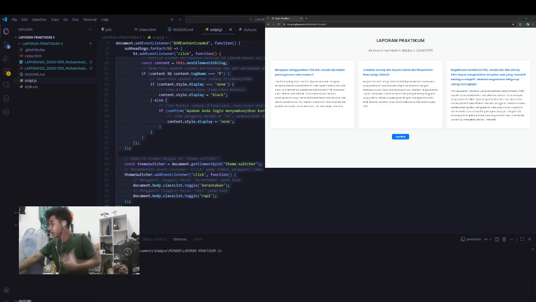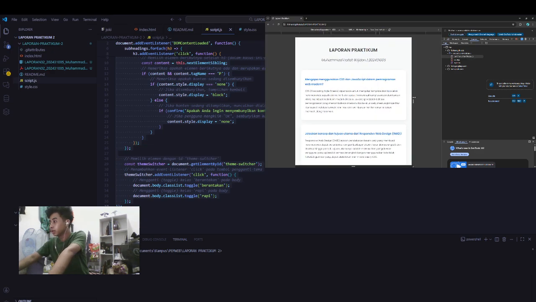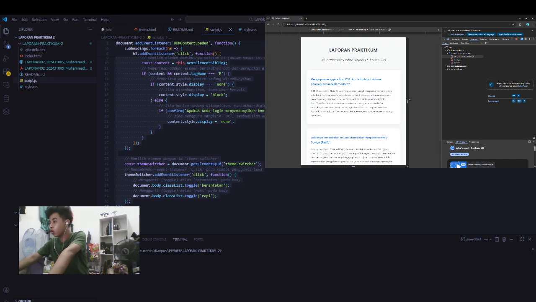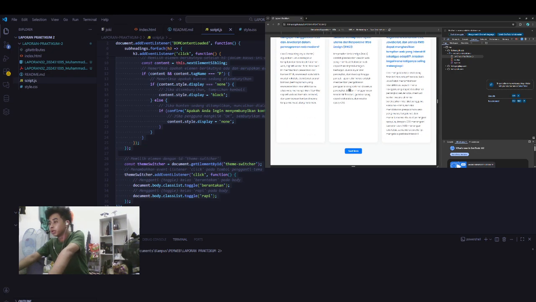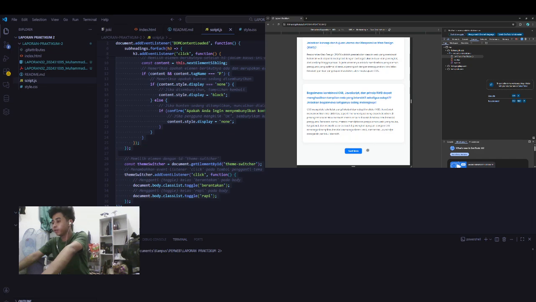That's all for me. I'm sorry, I'm going to show you that this web page is responsive to all devices. You can see it by pressing F12 on the keyboard, and then you click this. If you stretch it, it will adapt. As you can see, this is RWD, responsive web design. It adapts to the size of the device.